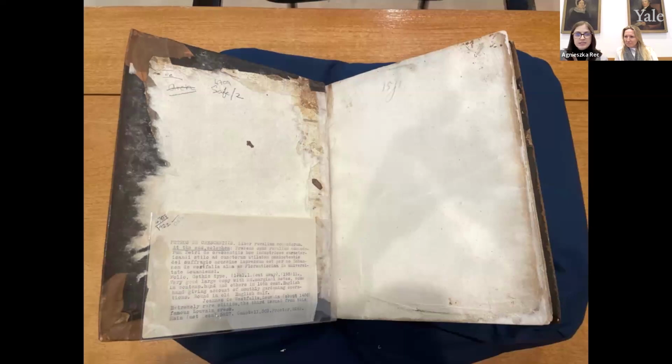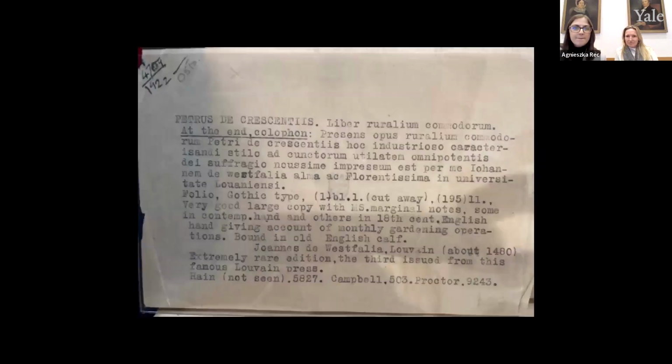We can also see in the bottom that there is an old typed book description, which if you read the Maggs Brothers Provenance catalog entry also notes an old typed book description. In the top left corner of this description are the numbers 4709 and 1922 written in ink, and a pencil inscription of